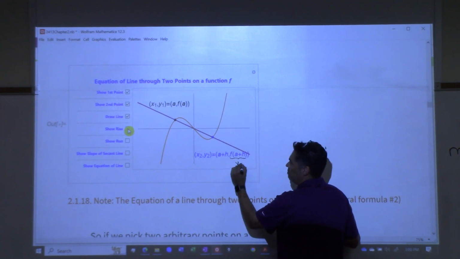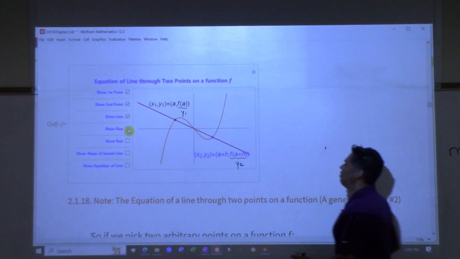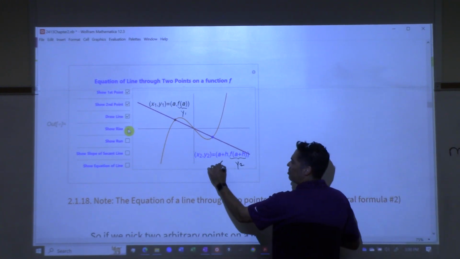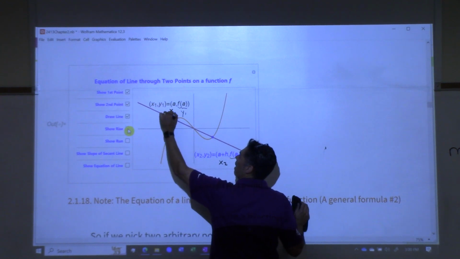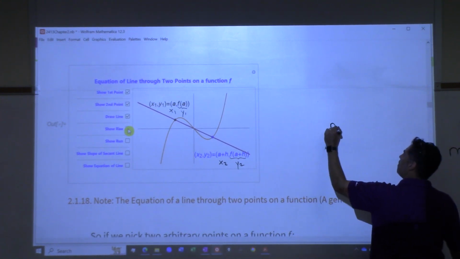Yep, this is y2. And we're going to subtract from that f of a, right? So y2 minus y1 would be f of a plus h minus f of a, then all divided by x2 minus x1. What's x2? A plus h. What's x1? A, right? And the a's cancel, and you get this formula right here. The slope of the tangent line,